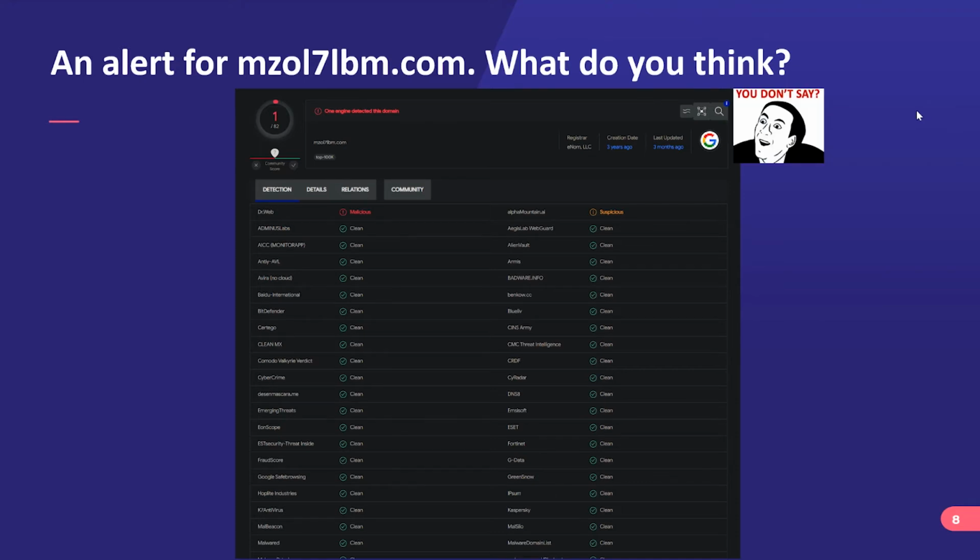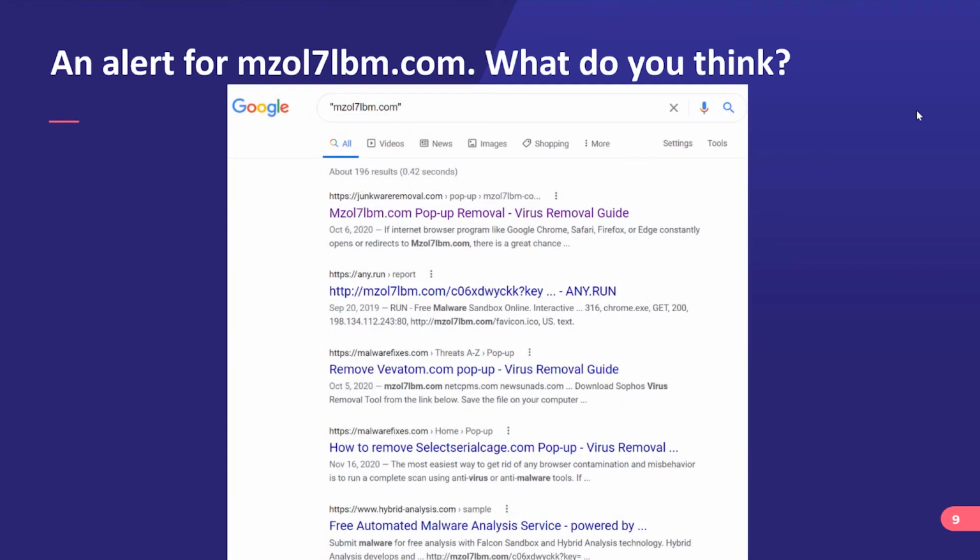Except you may notice over there on the right-hand side, the icon for this domain is Google's logo, which is interesting. I guess this could potentially be a Google domain, although I would probably guess not. And so speaking of Google, if we do a search for this domain, here's what we find.